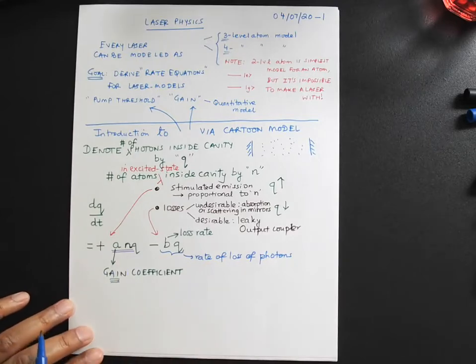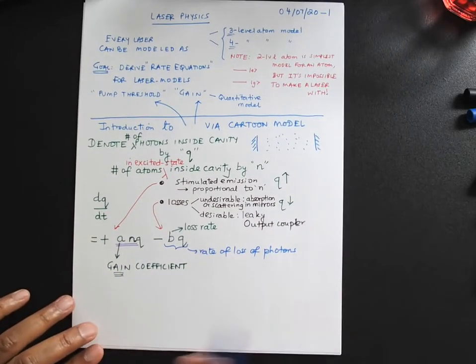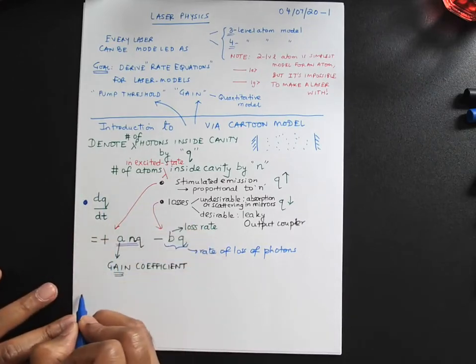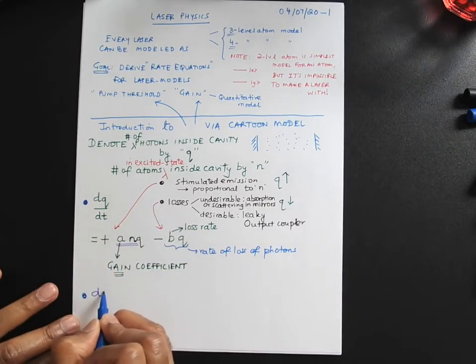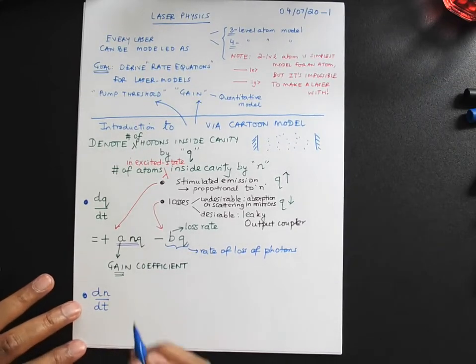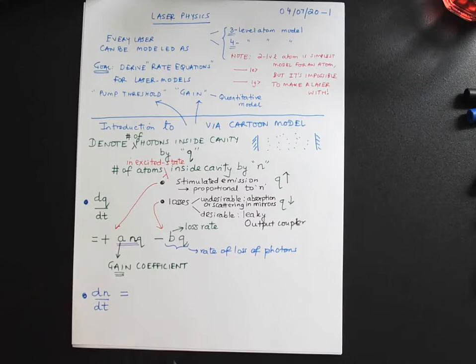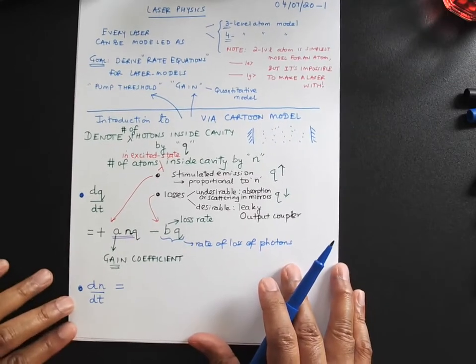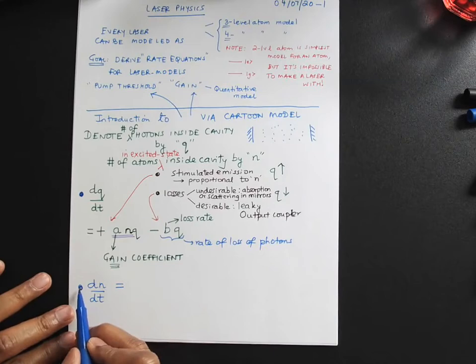All right. Let me write a similar equation. So that's one equation. Let me write a similar equation for the atoms in the excited state. And then I'll stop. These are the equations. We'll solve them in the next one. I'll give everyone a break. So what about this? Let's look at